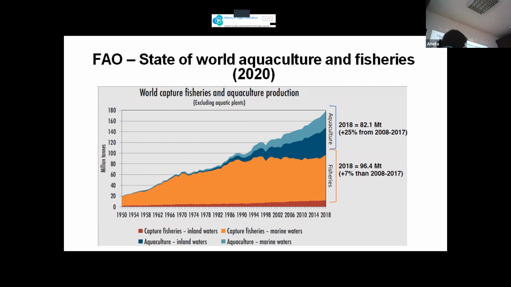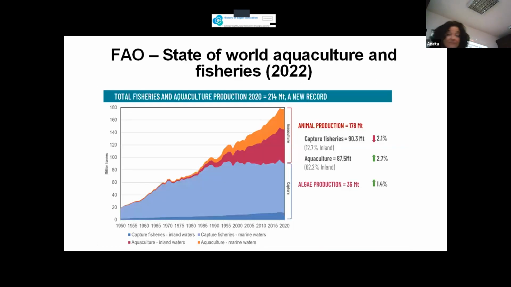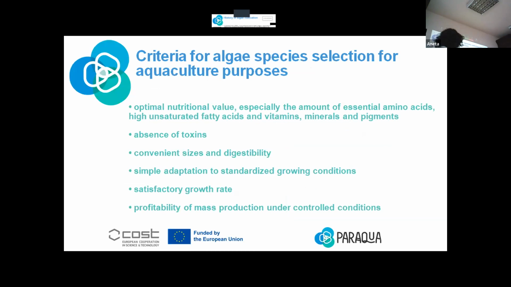And as aquaculture grew, algae culture also grew. So these are macro and microalgae, but this is the first FAO report where on the main graph we have also quantities of algae production, which is of course part of aquaculture. So this is now significant production of macro and microalgae. This is what I wanted to tell, we need to have it in mind.